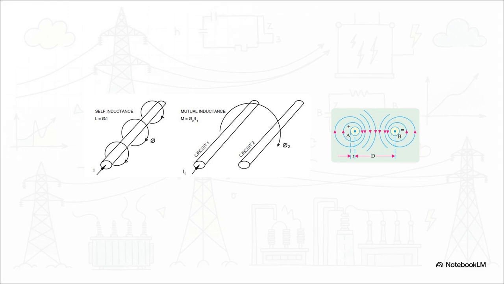An alternating current flowing through a completely straight line still generates a magnetic field that is constantly expanding and collapsing. As this field cuts through its own wire, it induces a reverse voltage that fights the original current. That right there is called self-inductance, and it gets crazier. When you have two parallel lines sitting on a tower, the magnetic field from the first circuit literally reaches over and interferes with the second circuit, creating what we call mutual inductance.